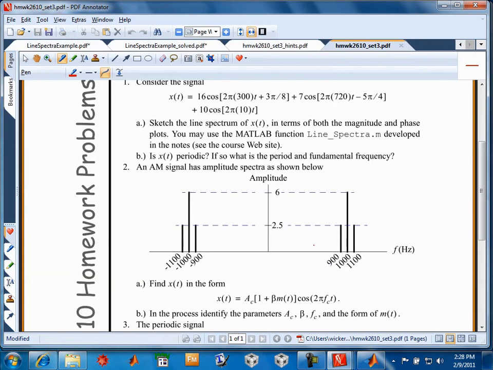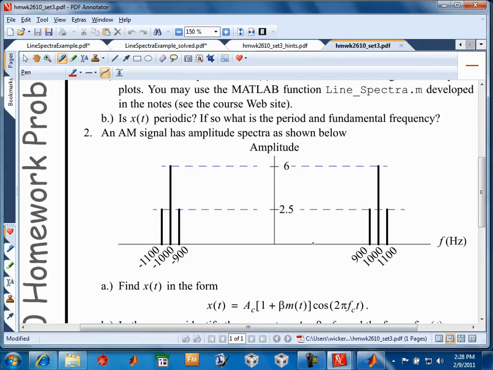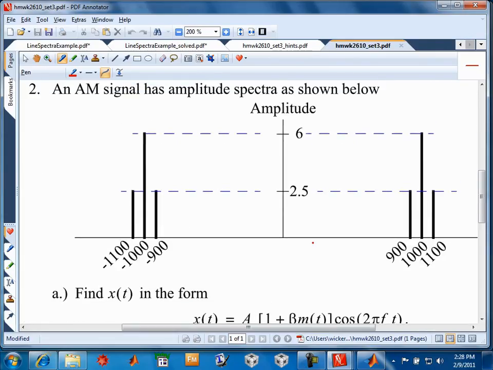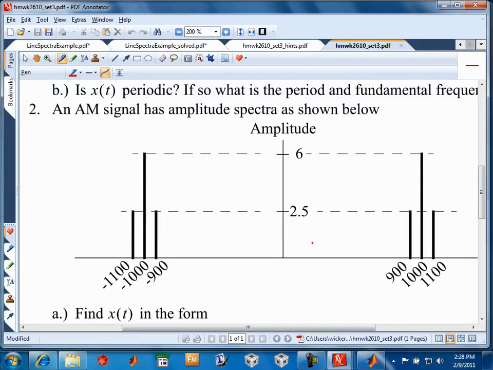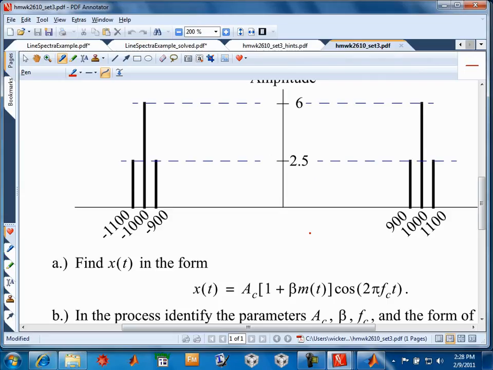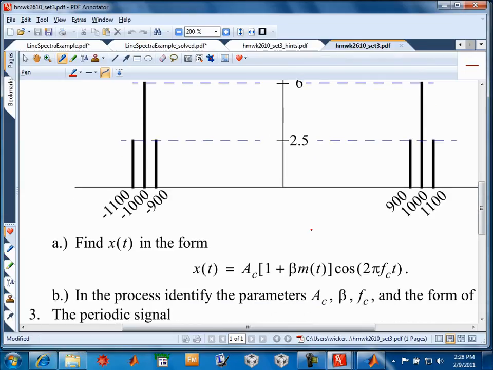You've got this problem right here, which is kind of the opposite of what I just worked in the notes. I'm giving you the spectrum. So this looks like the AM spectrum we were just looking at. And I'm saying now from the spectrum, go backwards and find out what AC, beta, and FC are. So really the hint that I put out for this problem says you really work A and B pretty much